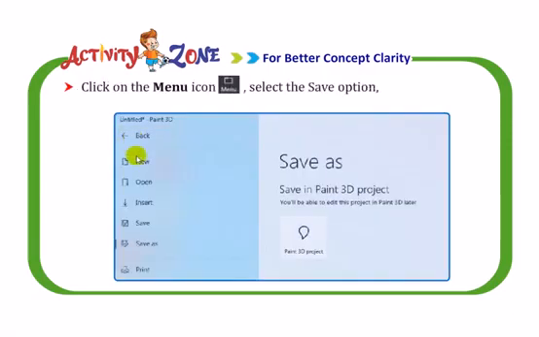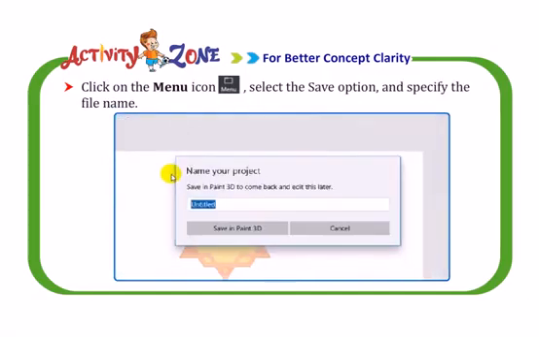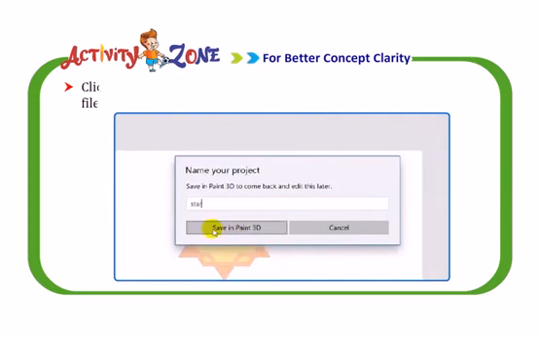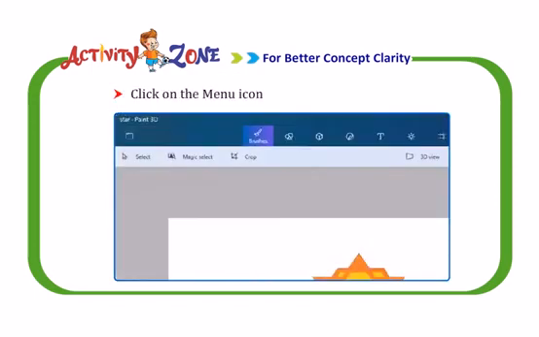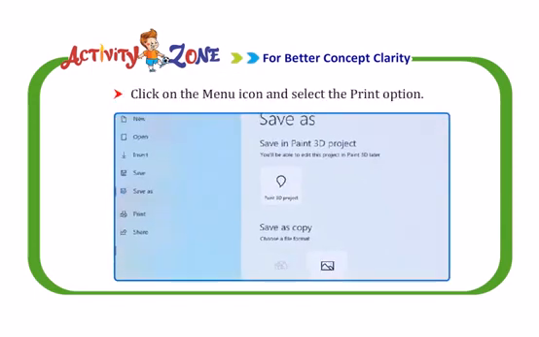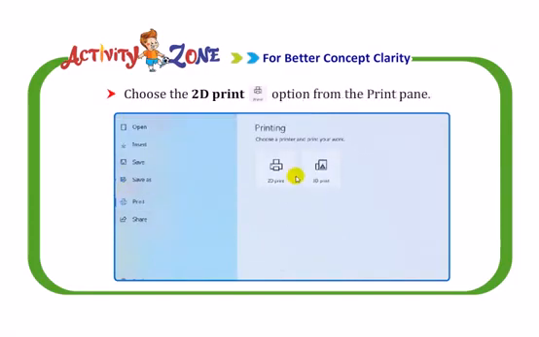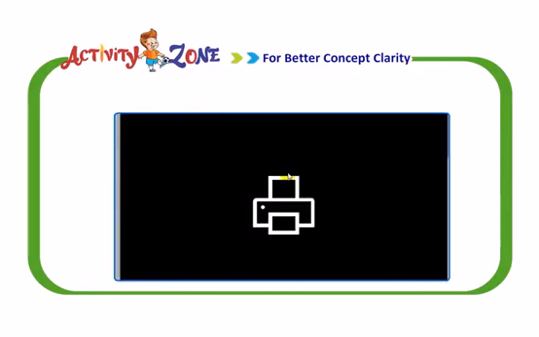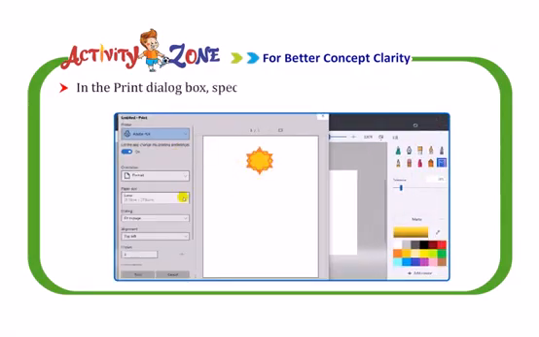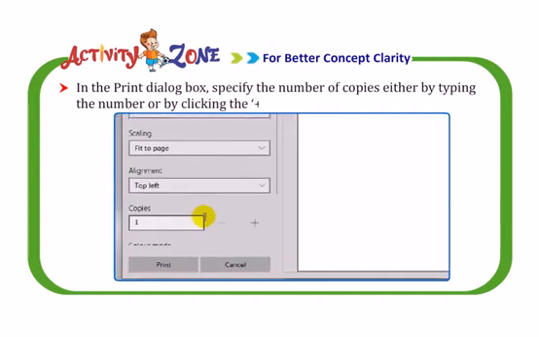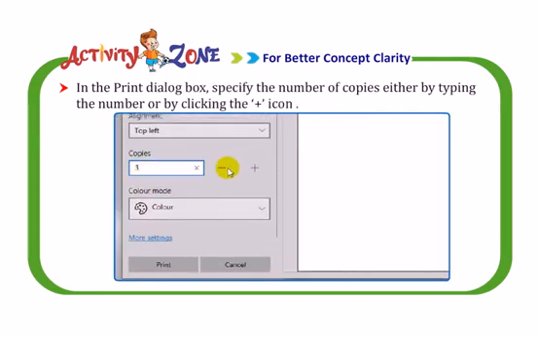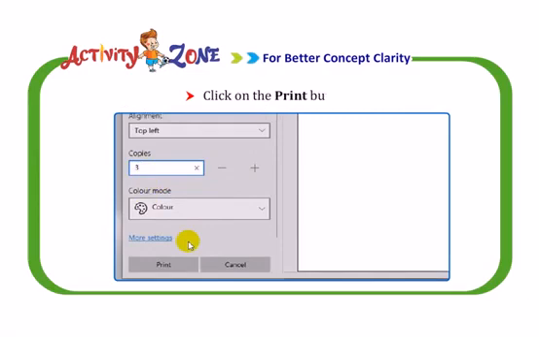Select the Save option and specify the file name. Click on the menu icon and select the Print option. Choose the 2D print option from the Print pane. In the Print dialog box, specify the number of copies either by typing the number or by clicking the plus icon. Click on the Print button.